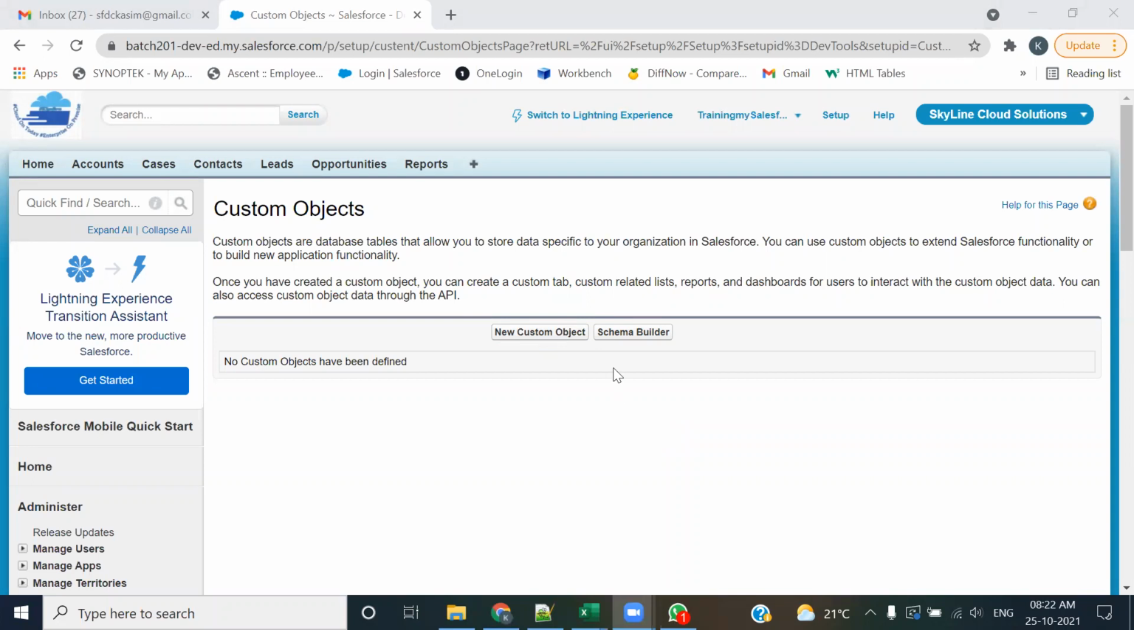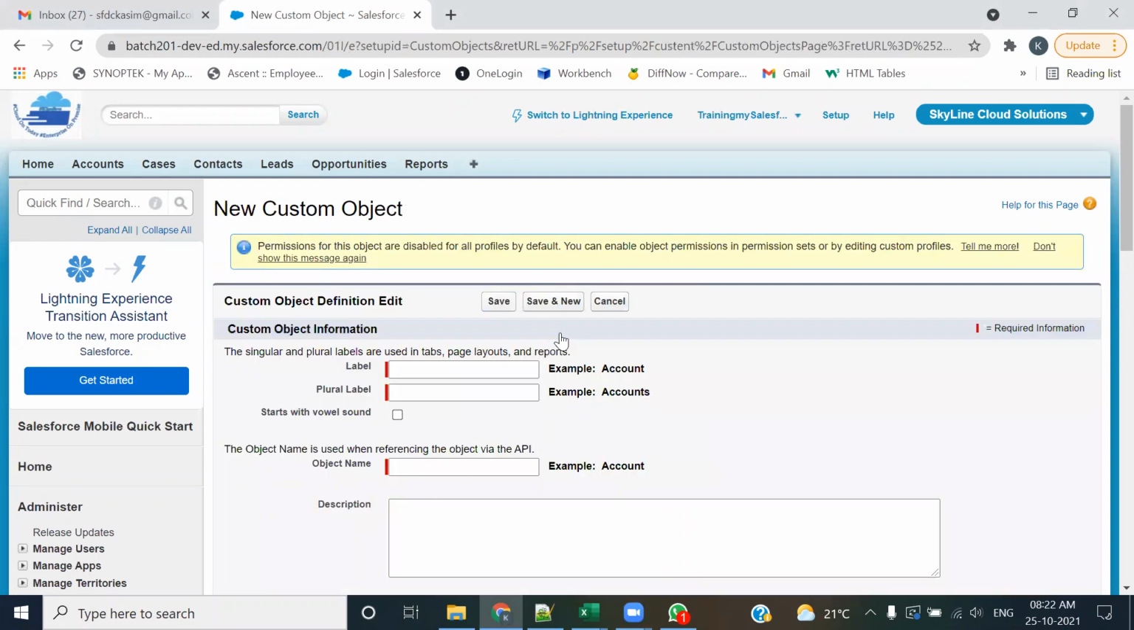Just click on this new custom object. Give the label, give the name, what we wanted to do. I wanted to create an object called hiring manager. Hiring manager. Just press the tab button. Okay, so the object name has been created. Now here we need to give